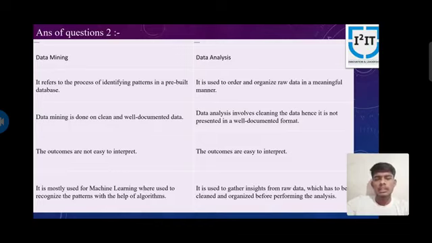Means in the digital world, we can see in machine learning the most used data mining methods. They don't use data analysis, because in data analysis there are no algorithms, no flow charts, no proper format, or no cleaning. So in today's market, data mining is more in demand